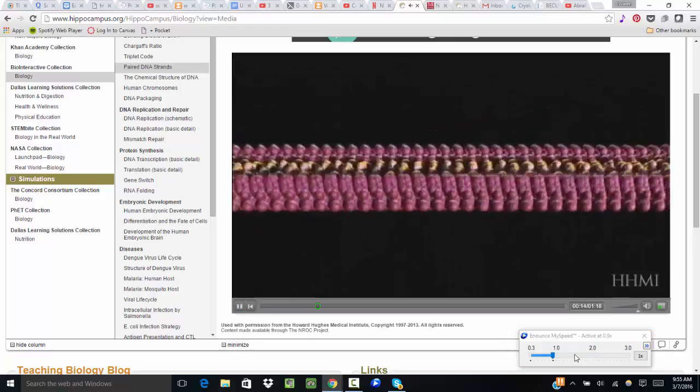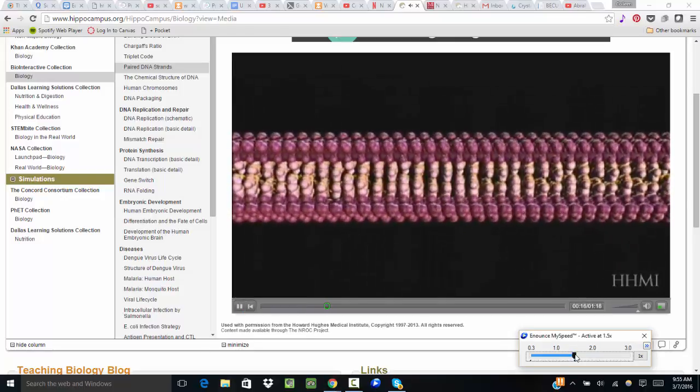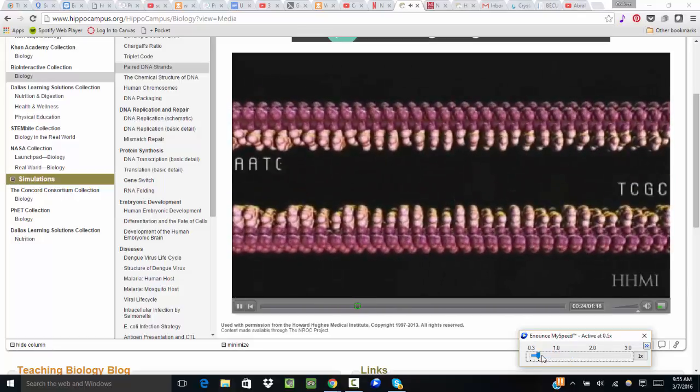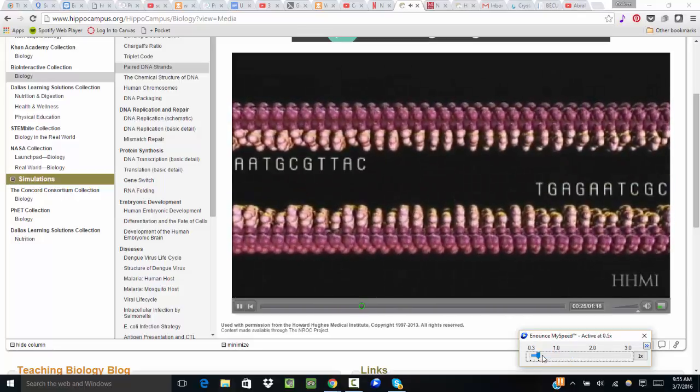Untwist the spiral, and DNA can be seen as two parallel strands. That's why it's sometimes called the double helix. Unzip the strands, and you have two linear sequences of the letters A,